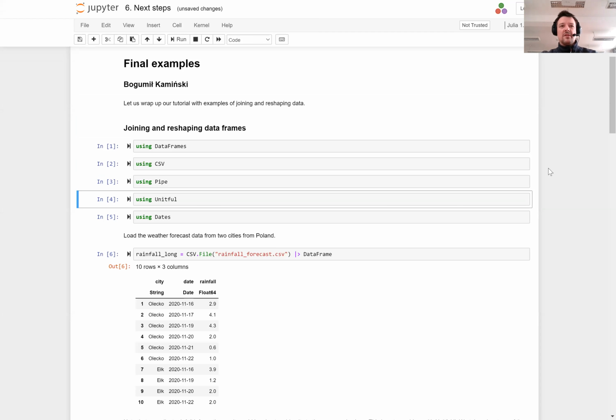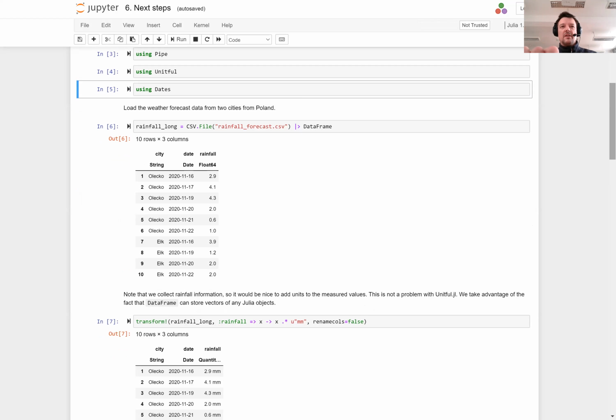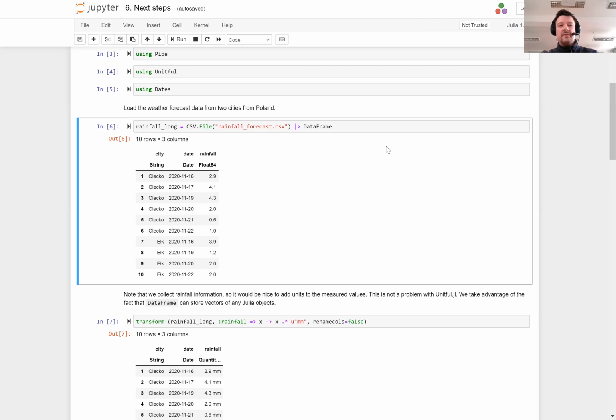Maybe let me comment on the last two because they are new. The Unitful package allows us to attach unit information to the numeric columns in a data frame, and Dates is a module in Julia Base that allows you to work with dates. So first, let us load the rainfall data frame